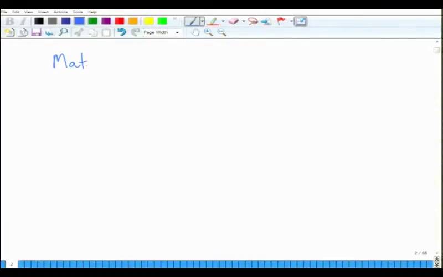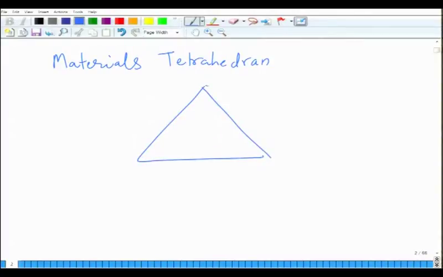Okay, so we again start with a new lecture. Let me just recap the last lecture. In the last lecture, we learnt about the materials tetrahedron, and basically this was about, you can make a tetrahedron like this,